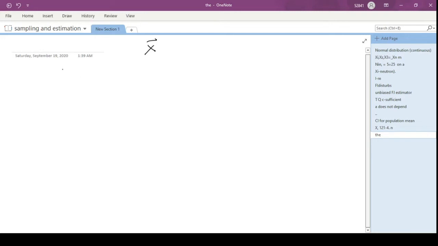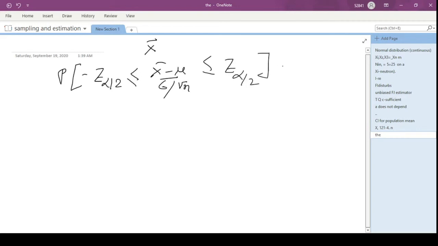The previous term was P of minus z alpha by 2 less than equal to x bar minus mu by sigma by root n less than equal to z alpha by 2 equal to 1 minus alpha. Now subtracting x bar from this will give you P of minus x bar. What is x bar? It is the sample mean, right? Minus z at alpha by 2